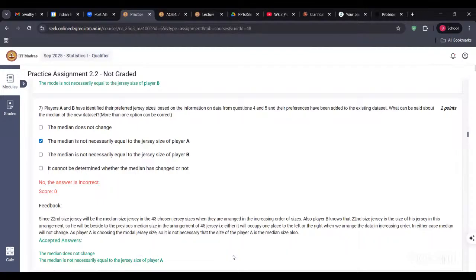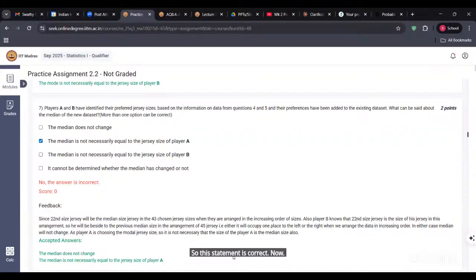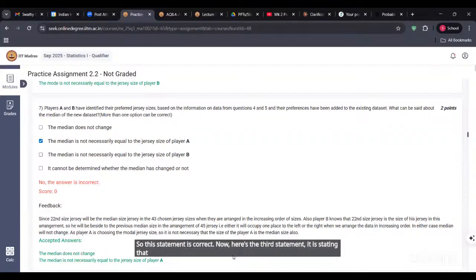Yes, ma'am. The statement is stating that the median is not necessarily equal. So it is clearly stating that my mode is not equal to the median, correct? We can have a situation. Yes, ma'am. So this statement is correct. Now, here the third statement, it is stating that the median is not necessarily equal to the